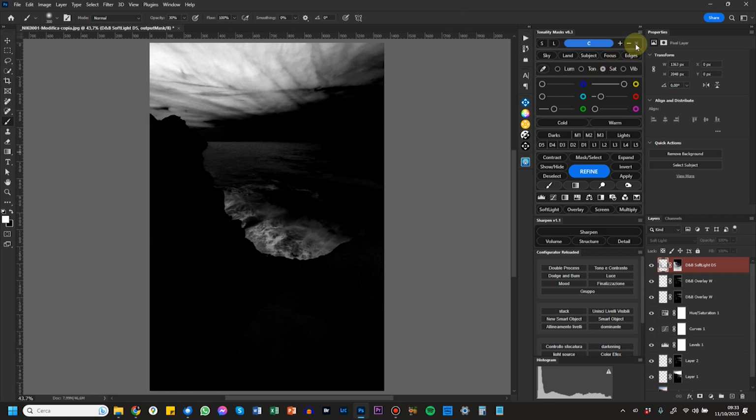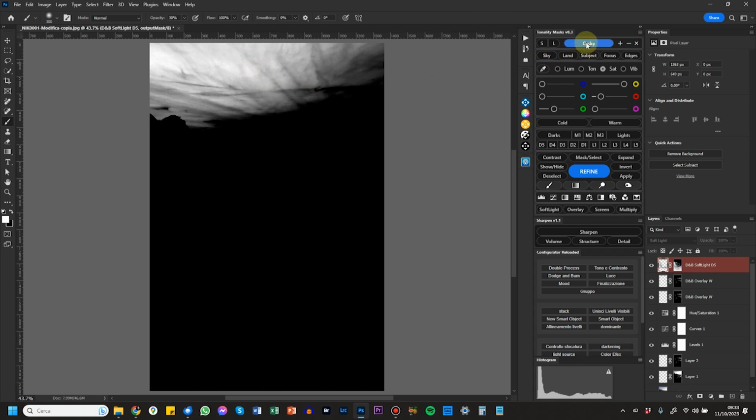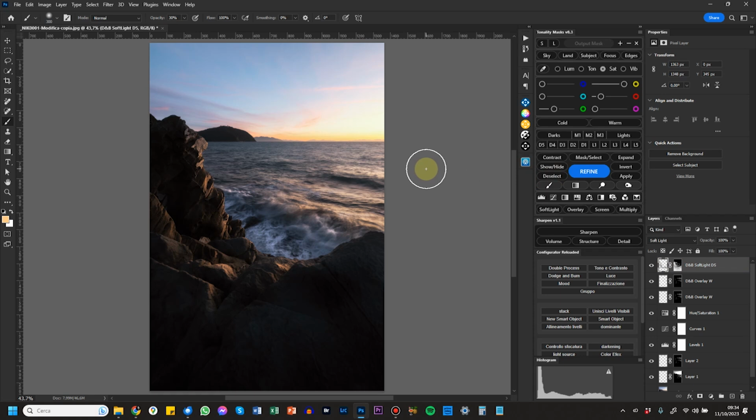I can intersect that with a sky mask, and that will allow me to create a cold intersect sky mask. That means a mask that includes just the pixels that are cold and in the sky, combined, okay? So that's the intersection. Now we deselect and we have just finished the panoramic overview of all the different functions and buttons of the TM panel.